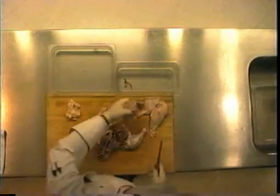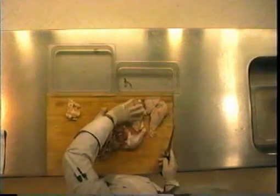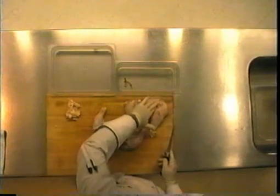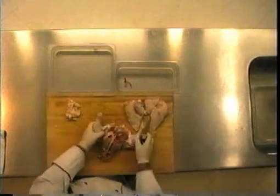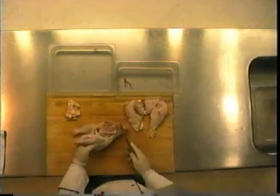So now I have two breasts, boneless except for the wing, which is there right now. And I want that so that I can create my airline breast. Okay? So now I'm going to turn my chicken over, and now I'm going to remove the leg and the